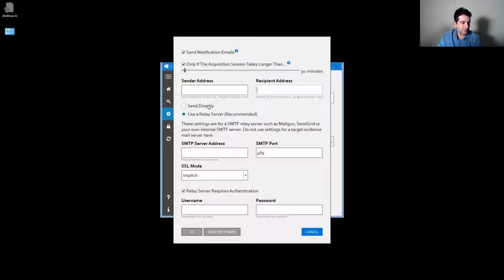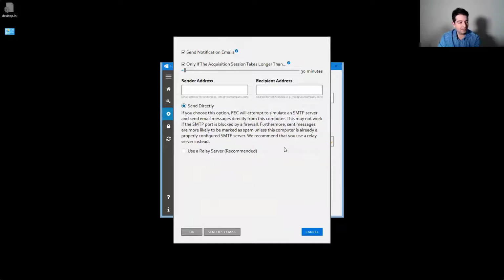And for the server settings, we have two options. One of them is send directly. So if you choose this option, then Forensic Email Collector will turn this computer where it's running into an SMTP server, and it'll send the email directly from this computer without any third-party server. So this is pretty handy, and I would say that it's probably going to work in most cases,